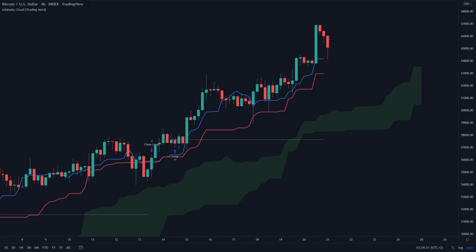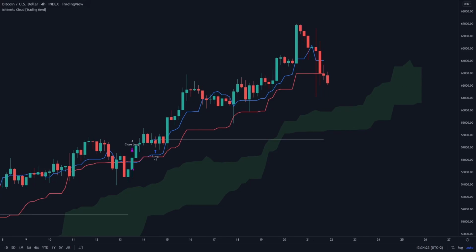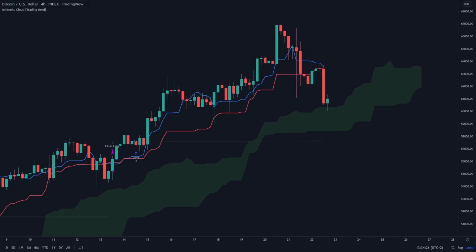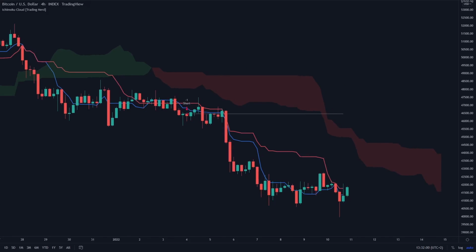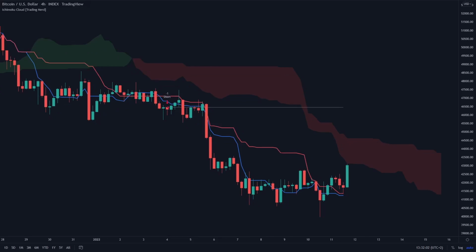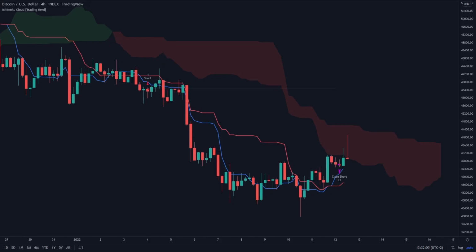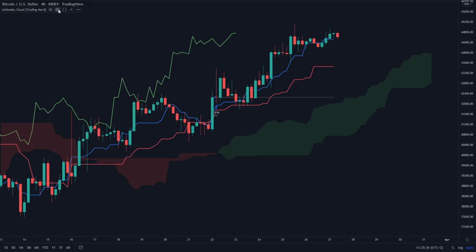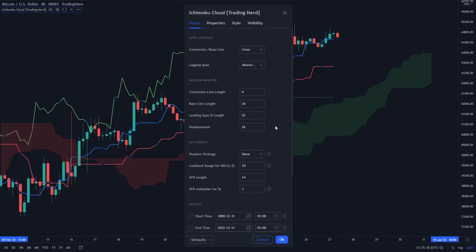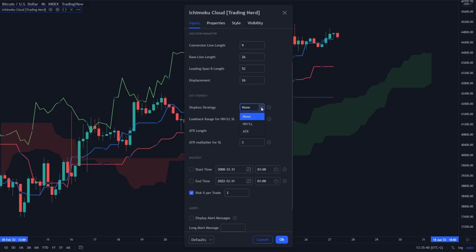For exiting the trade, we will wait until the next cross of the conversion and the baseline. So a cross under the baseline for a long entry and a cross above the baseline for a short entry. This should tell us that the current upside or downside momentum is decreasing. Additionally, I have implemented an optional stop loss that can be based either on the ATR or on the previous lowest low for longs and highest high for shorts. For the upcoming comparison, I will always use an ATR based stop loss with a 3x multiplier.